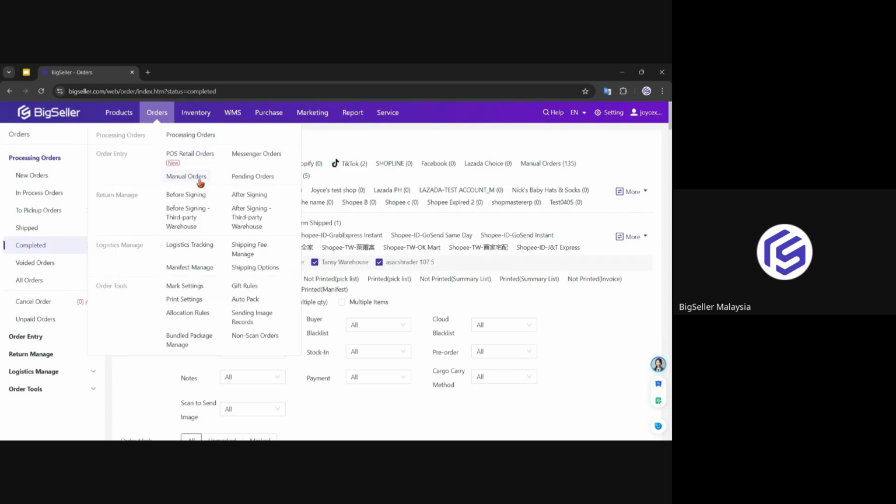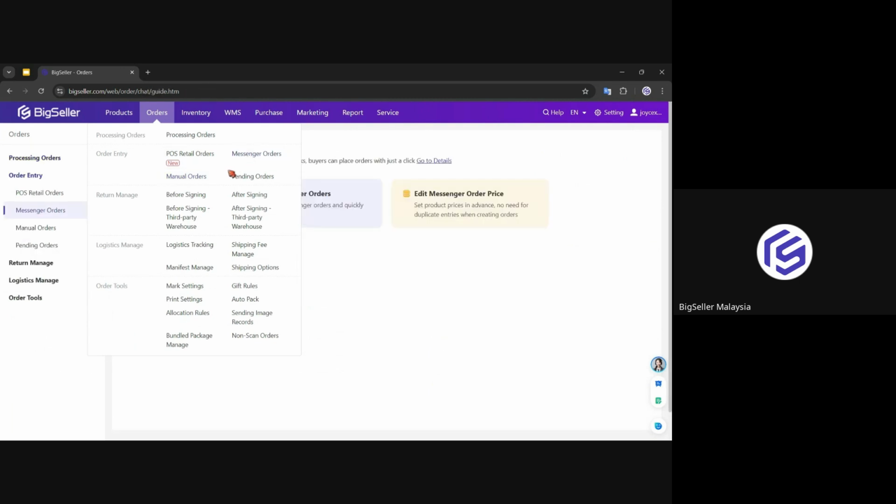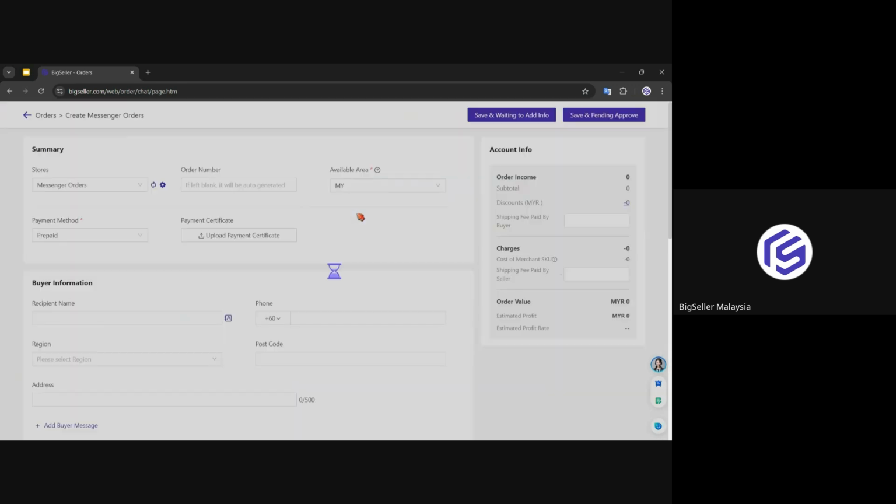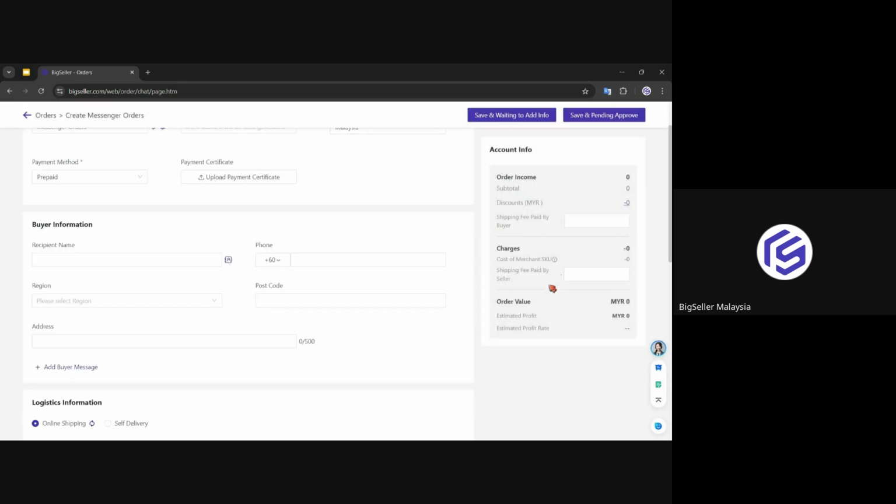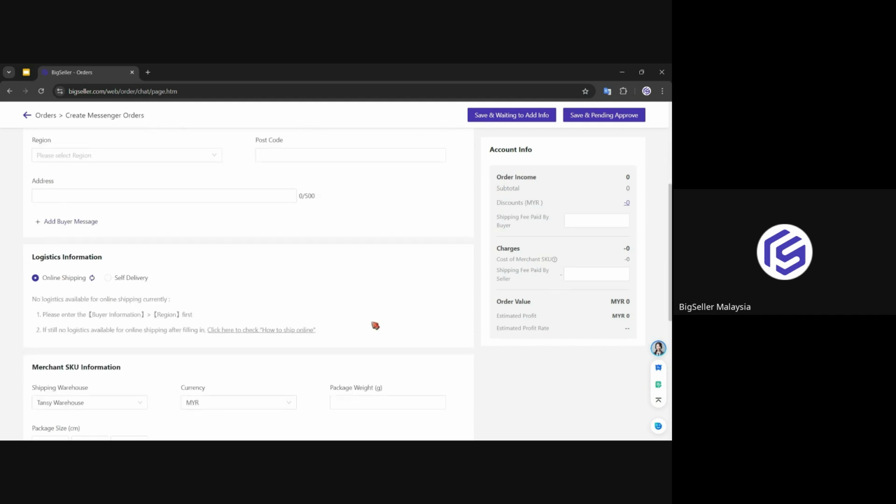Okay, messenger order and also manual order, the way you do it is actually the same. It's just that, I'll show you directly from messenger order. When you try to create one, in messenger order, you can put the recipient name here and leave out the rest for your customer to fill in. But for manual order, you have to manually fill in everything by yourself. Okay, so